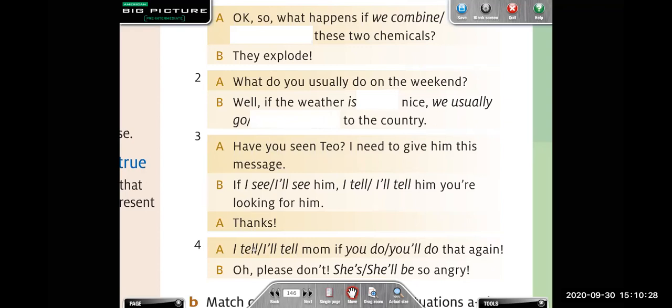Number 3, have you seen Theo? I need to give him this message. If I see him, I'll, right? Because it's a possible situation in the future. The last one.